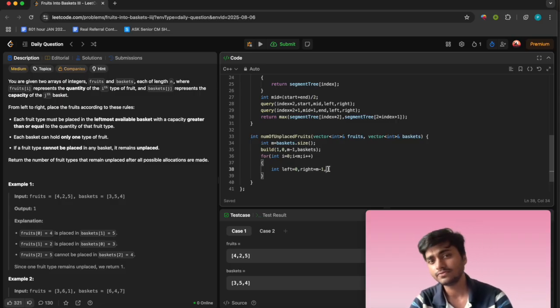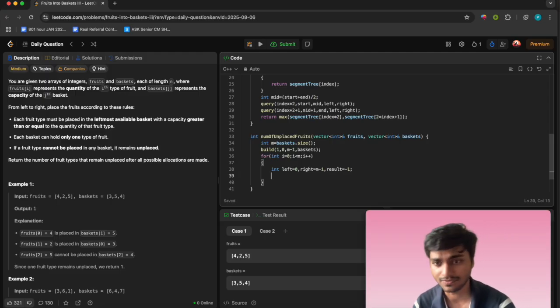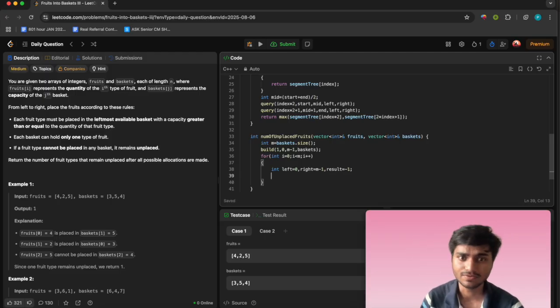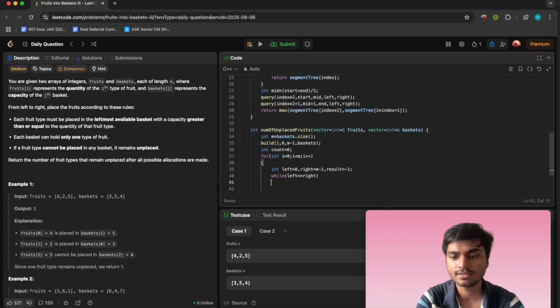And another thing we have to initialize here is your result, that will be initialized with -1, because we have to check which is the maximum one, so initializing with -1 will be good. And the other main thing is the count, you can slice with a count or n, so that is your 0. And here we have to perform the binary search, that is your simple thing, just go